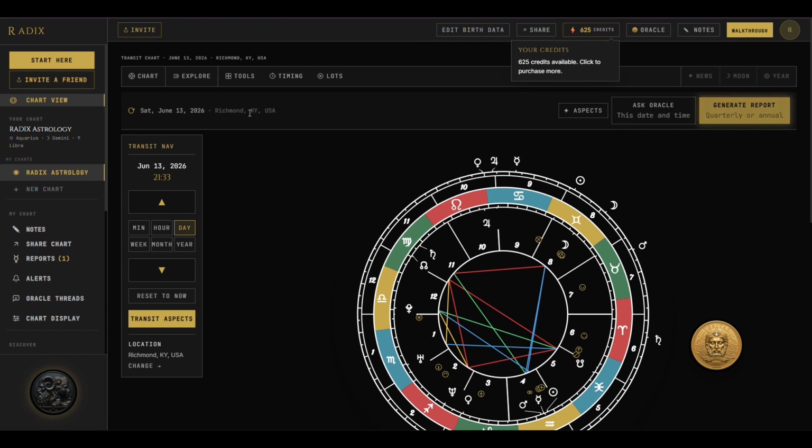Speaking of transits, inside the transits view in the chart area, you're not just looking at a static snapshot. You can move the time forward and backward using the controls in the transits panel. You can shift by the hour, by the day, by the week, or by the month. This lets you watch how the sky moves across your natal positions and see exactly when key aspects are forming,